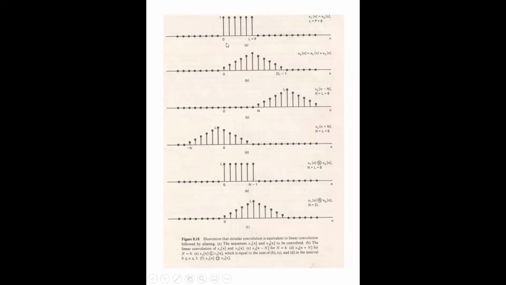Okay, so some samples are correct. Which samples are correct? The samples that do not overlap are correct. The samples that are not time aliased are correct. And the samples that are time aliased are incorrect. This is important. I need to establish this before I go on to the next topic.